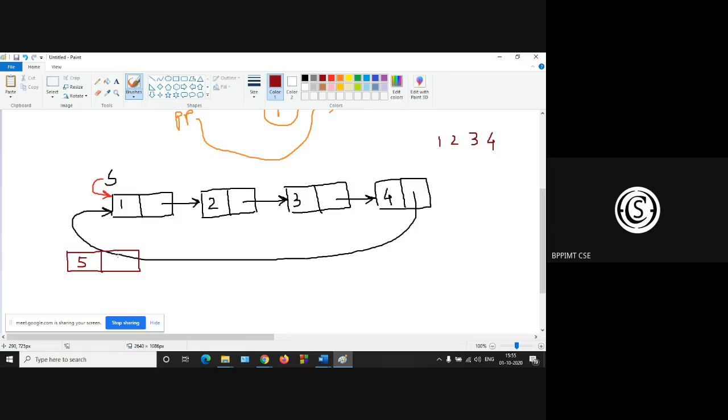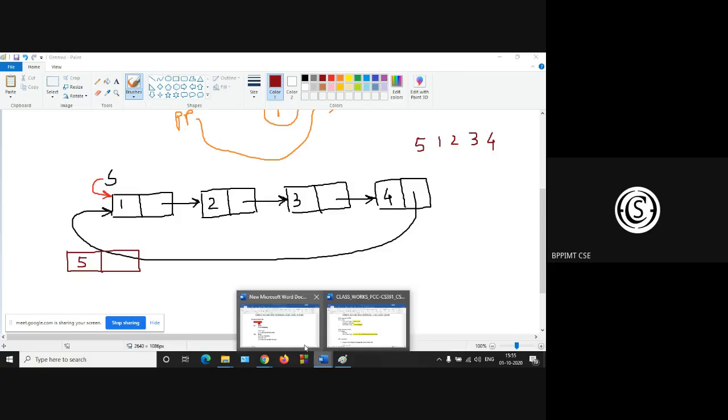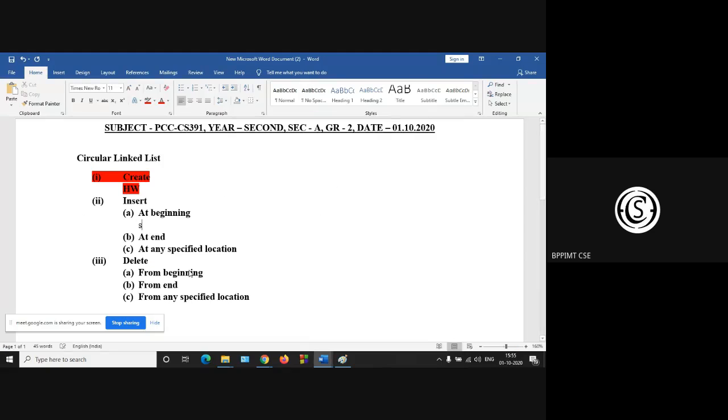We have to insert this 5 just before the starting node so that your list looks like 5, 1, 2, 3, 4. So how to insert? Let the struct node function be insert beginning, with one argument. This will be your start.